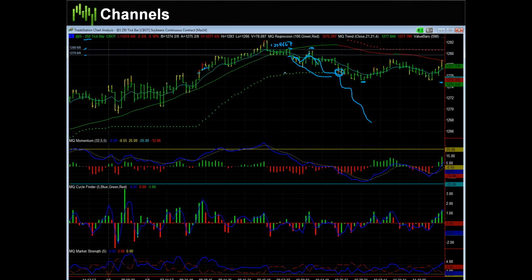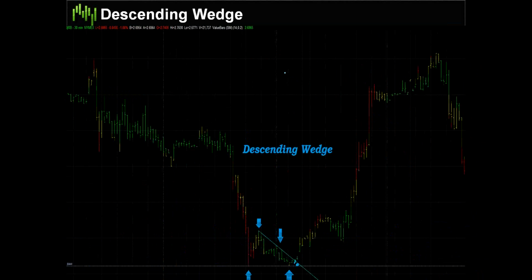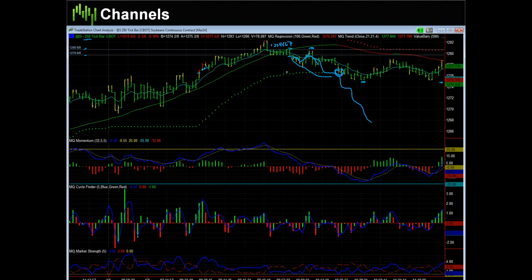So does everybody understand those 3 breakout patterns? We have the pennant, or the 4 breakout patterns. We have the pennant, we have the ascending and descending wedge, and we have our channel. Now you can have channels. A channel does not have to just go sideways like this. You can have a channel where it's set up and the market's going down, so you have a descending channel, or you can have an ascending channel where the market's in a channel but going up, and you can trade the breakout the same way.